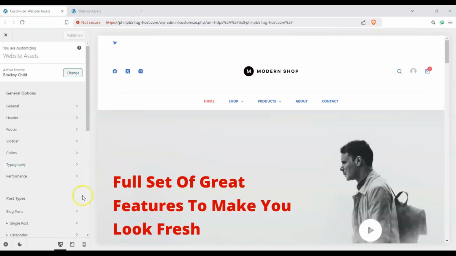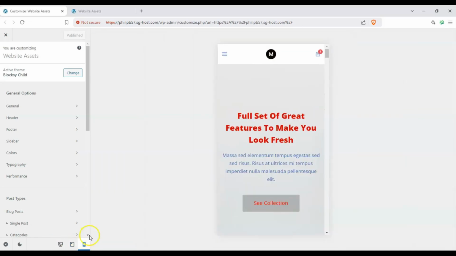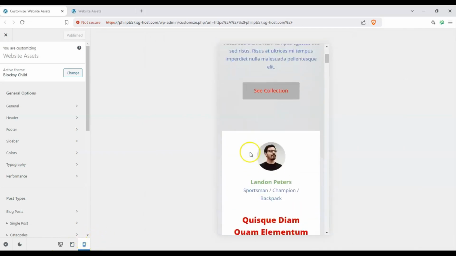Before we get started with anything else, let's check out these three buttons over here. These three buttons are our previews. So we have our desktop preview, our tablet preview, and our mobile preview. For this video, let's just keep it on the mobile preview. And you can see we don't have our